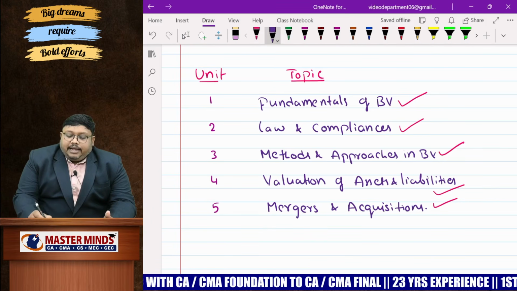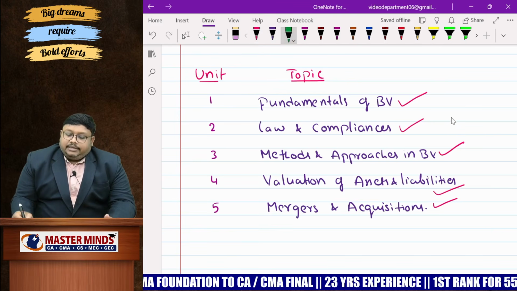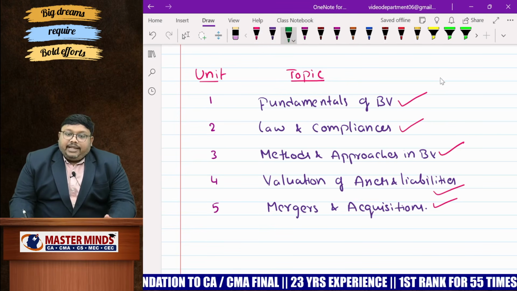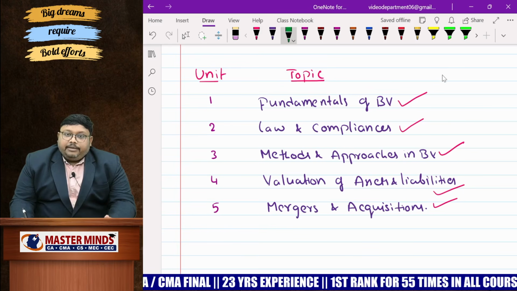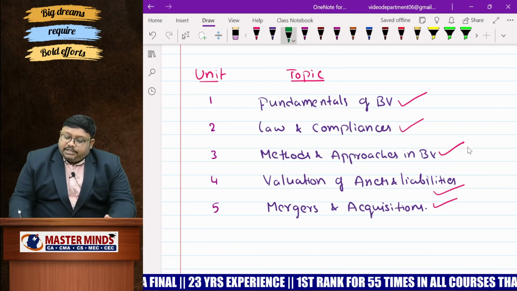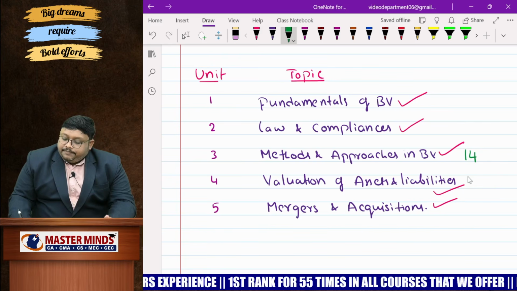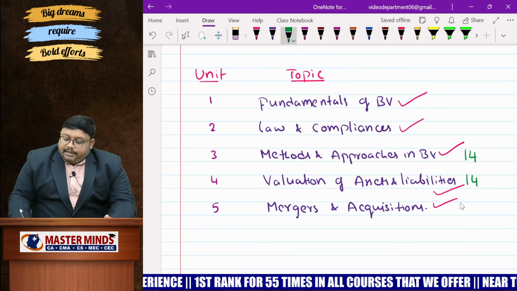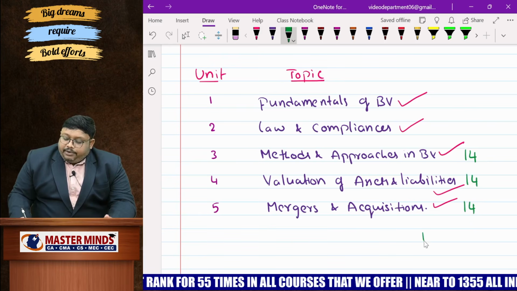As per the recent examination scenario, they are going to ask a total of 4 questions of 14 marks each. Here it comprises 4 14-mark questions. The compulsory 14-mark question we get from methods and approaches, assets and liabilities, and mergers and acquisition. And another 14 marks,